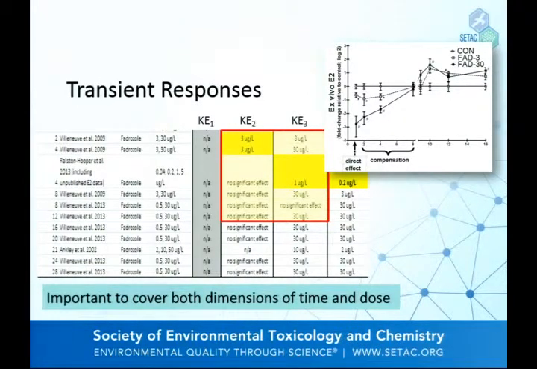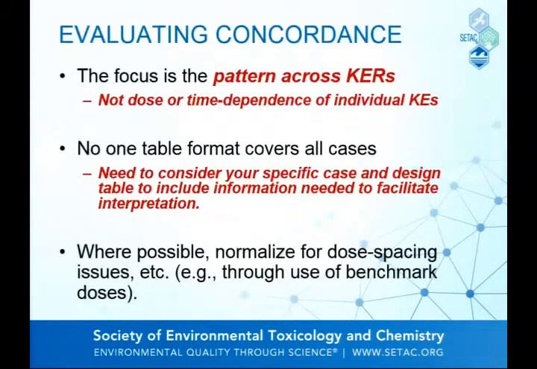Another issue with temporal concordance is that something like a reproductive effect, you can't even measure on a time scale finer than 7 days. You've got to have, say, 7 days of egg production to even see if you're impacting it. So your other key events are on time scales of hours, maybe a day, but you've got to have 7 days to even make the measurement on the reproductive endpoint. So your ability to assess whether it occurred at an earlier time point, you have no idea. You can't measure it that early. Those are just basic limitations.